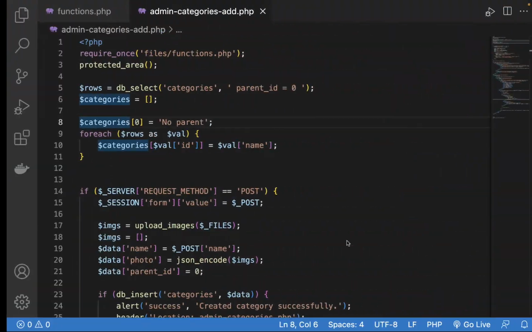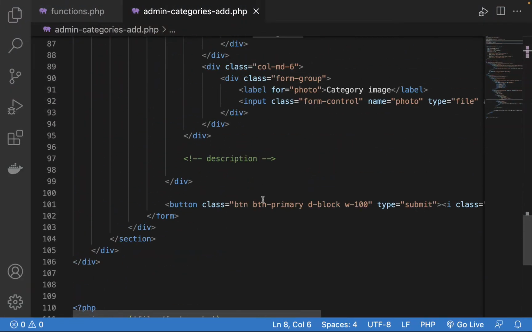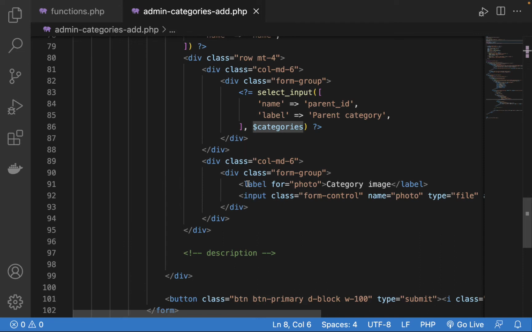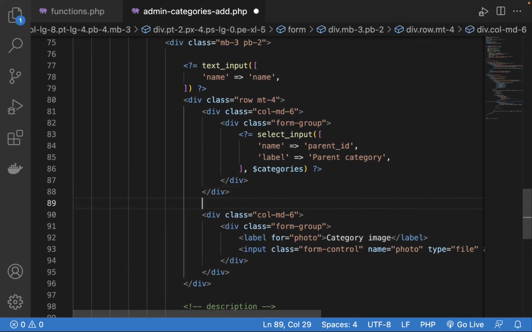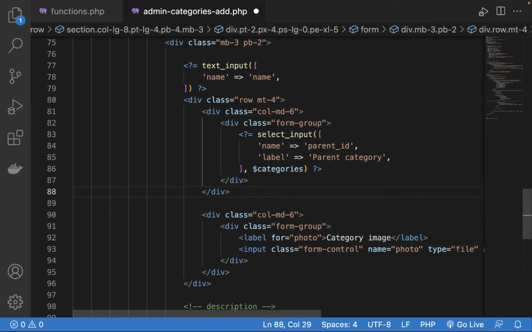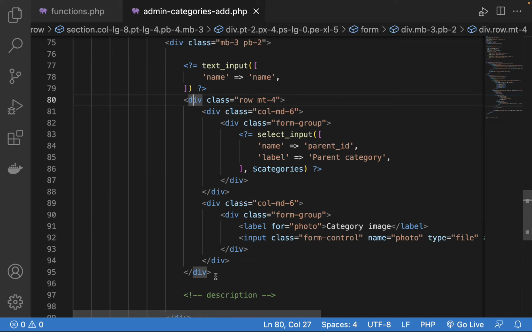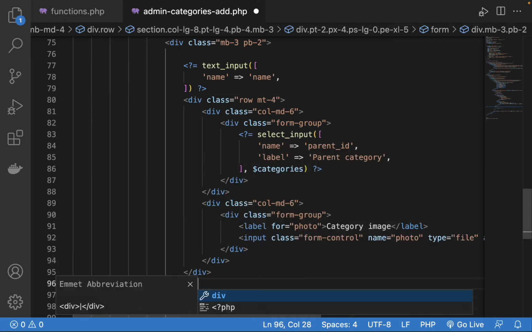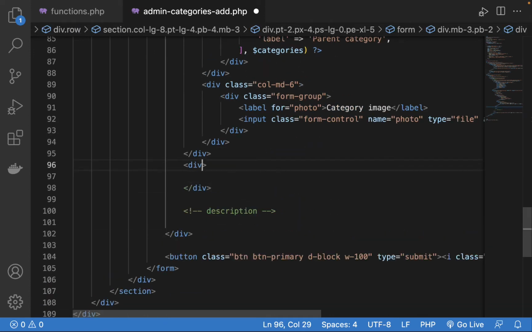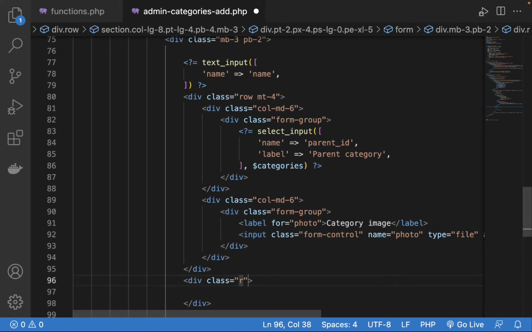The description is going to be a select area. So we'll just simply come to here and add select area. Select area, we can also do for it the dynamic one. But for now, let us just keep it simple. We're going to just put here select area, a simple one. So I'll come here under this row and create another row here. You're going to say div, okay, div, and then this one's going to be class of row,